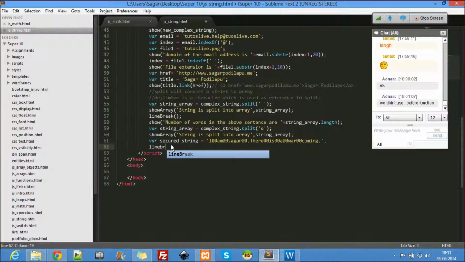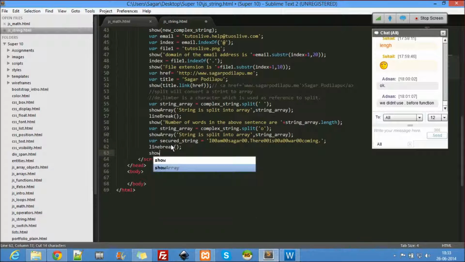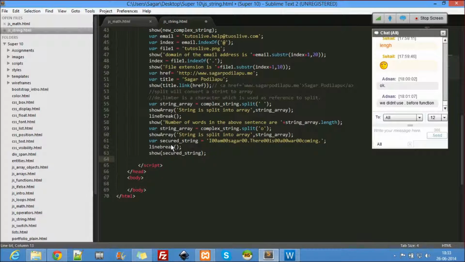So this is the last example I'm going to show for today. So secured string. Alright, that's a secured string.